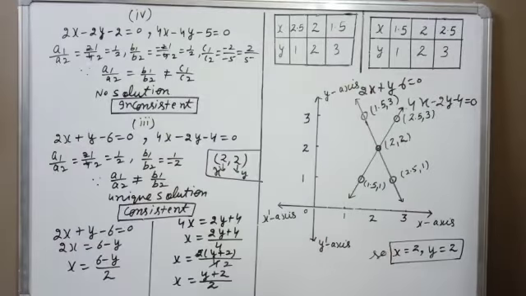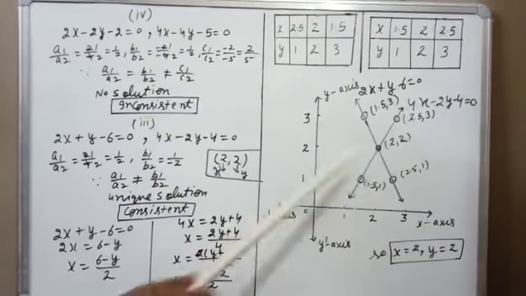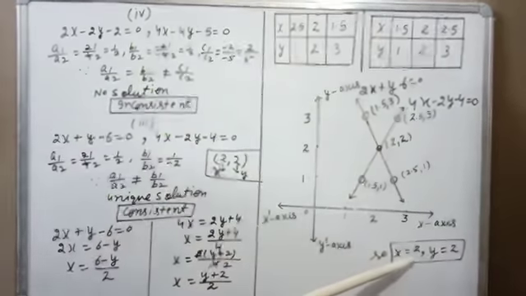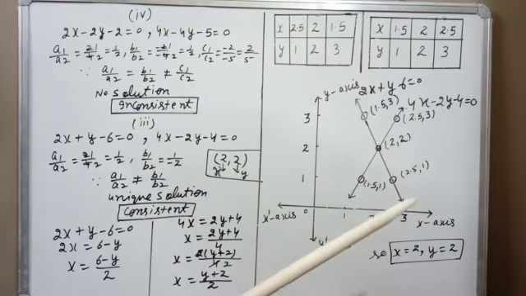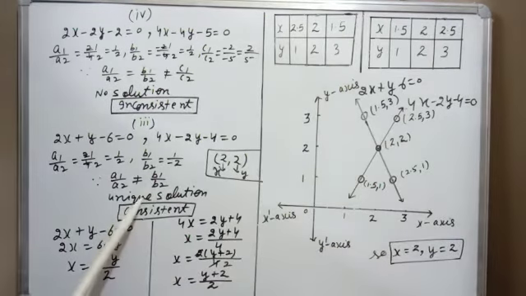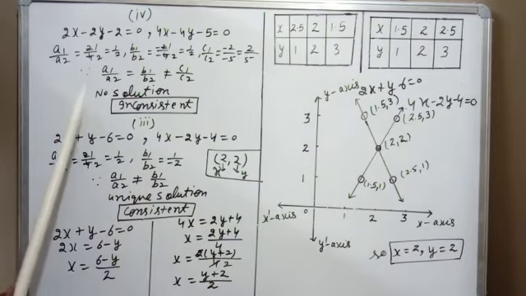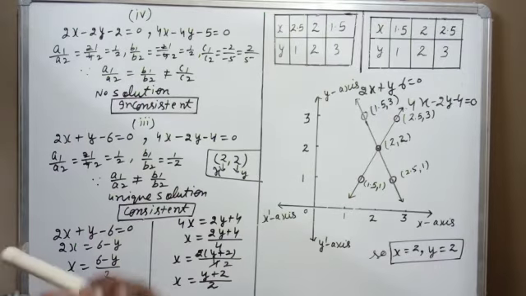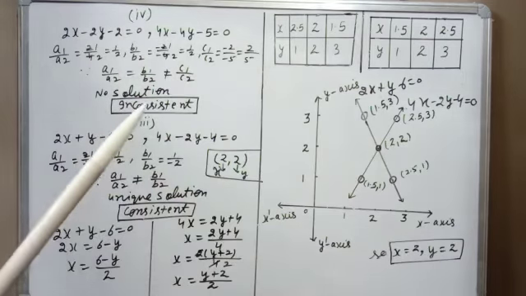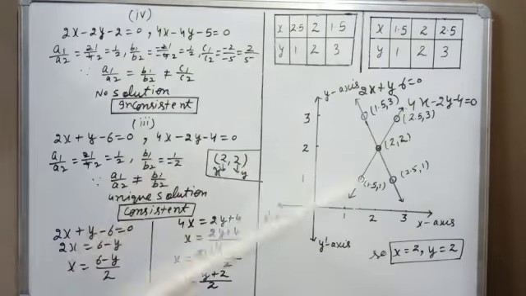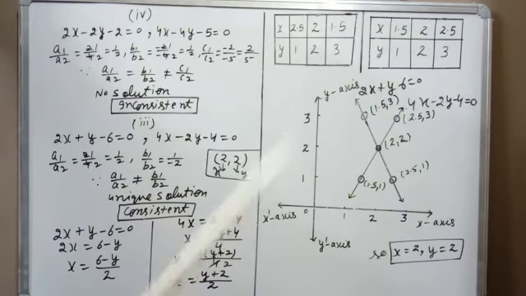So now these two lines intersect at this point, so I can say the value of x is 2 and the value of y is also 2. We can find out the value of x and y only when the solution is unique. Otherwise, if we are having no solution, then parallel lines, we can't find out the value of x and y. In the same way, when the solution is infinite many, then all are solutions. All values of x and y are solutions because we get the same line.